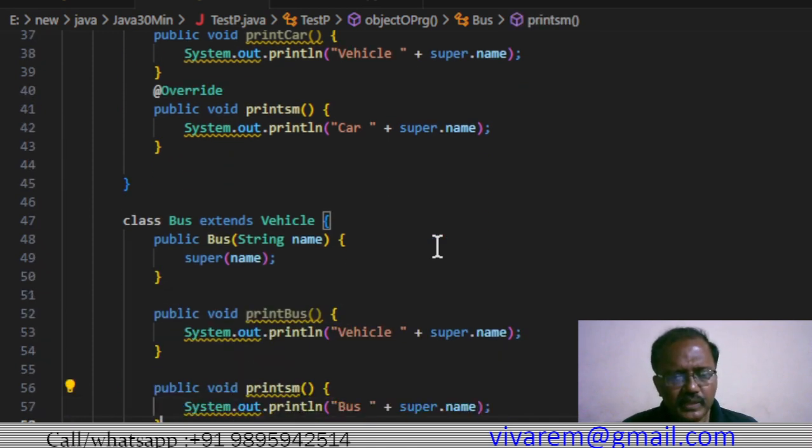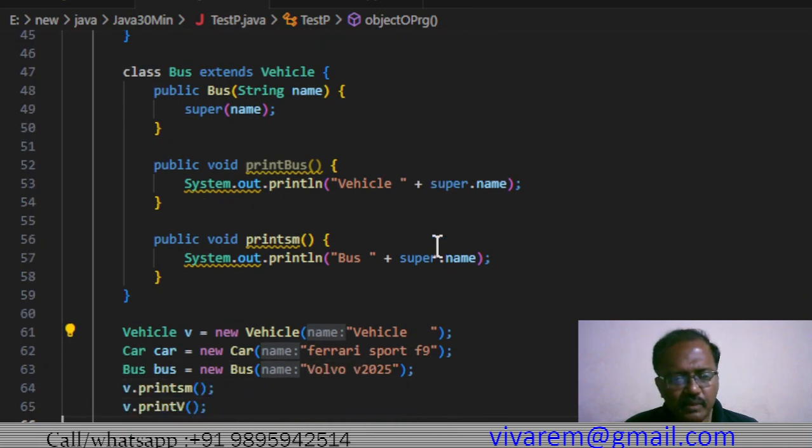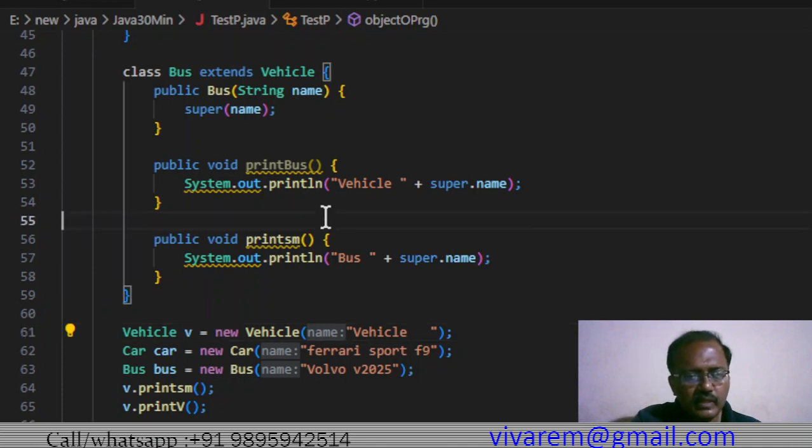Similarly, bus is there. The bus constructor initializes the object, and going down we have print bus and print sm. It says it is a bus, with the super data name. Actually this is an example only. So we are seeing another thing also here. It is print sm, actually